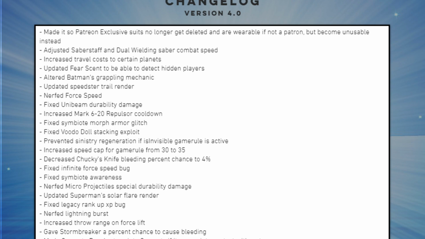So the changelog. The main things that have been introduced: Patreon exclusive suits no longer get deleted and are wearable if not a Patreon, but become unusable instead. Pretty cool. Adjusted saber staff and dual wielding saber combat speed, increased travel costs to certain planets, updated fear scent to be able to detect hidden players, altered Batman's grappling mechanic, updated speech to trail render, nerfed force speed, fixed unibeam durability damage, increased Mark 6 through 20 repulsor cooldown, fixed symbiote morph armor glitch, fixed voodoo doll stacking exploit,